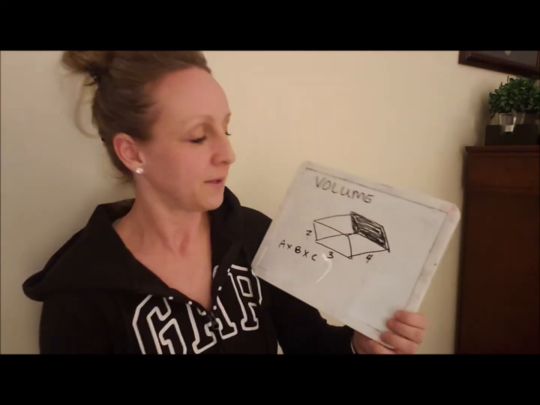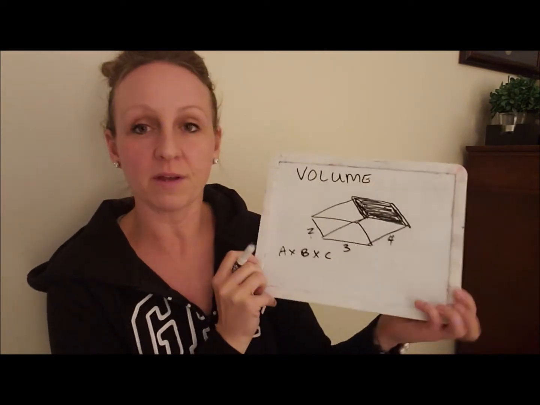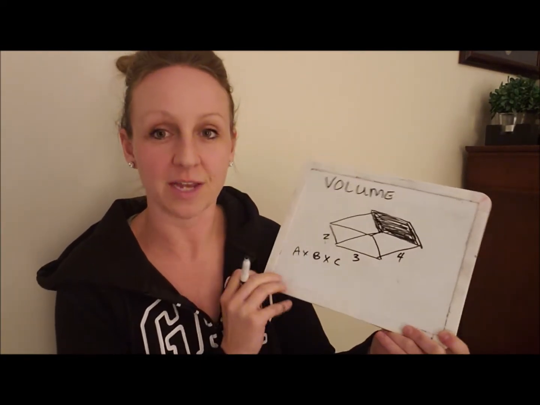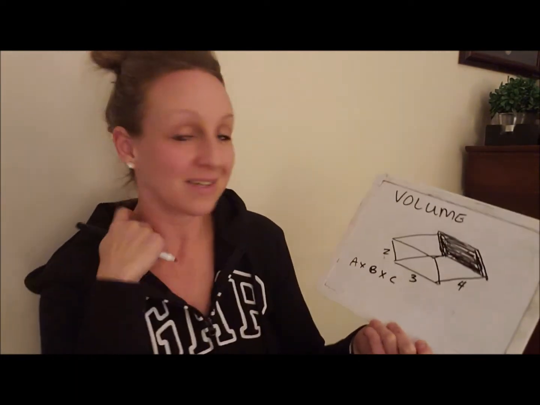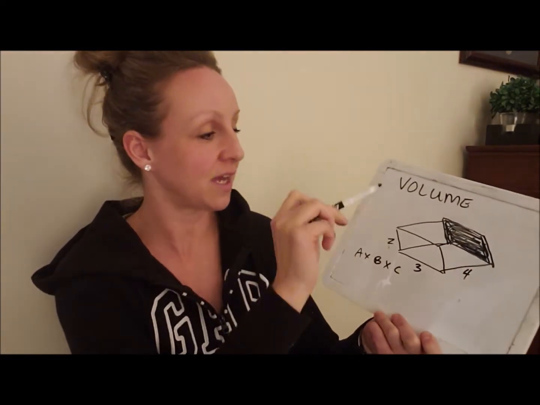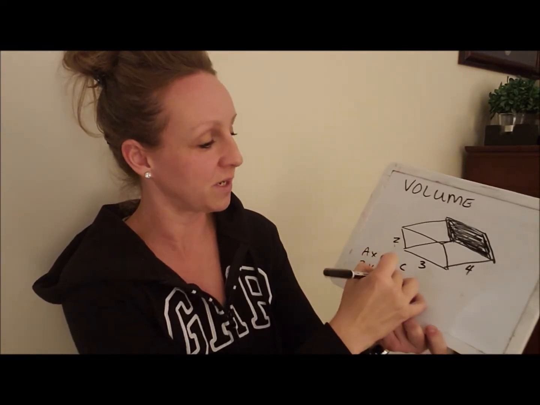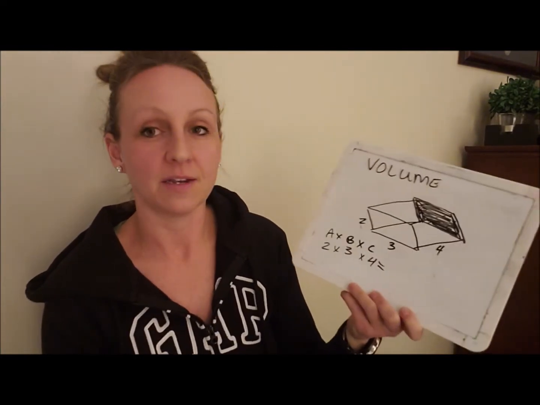So my formula for finding the volume of a parallelogram is actually still, just like a rectangle, A times B times C. And it does not matter if I call this side A or this side B or this side C. It really doesn't matter. So I'm just going to go 2 times 3 times 4 equals,